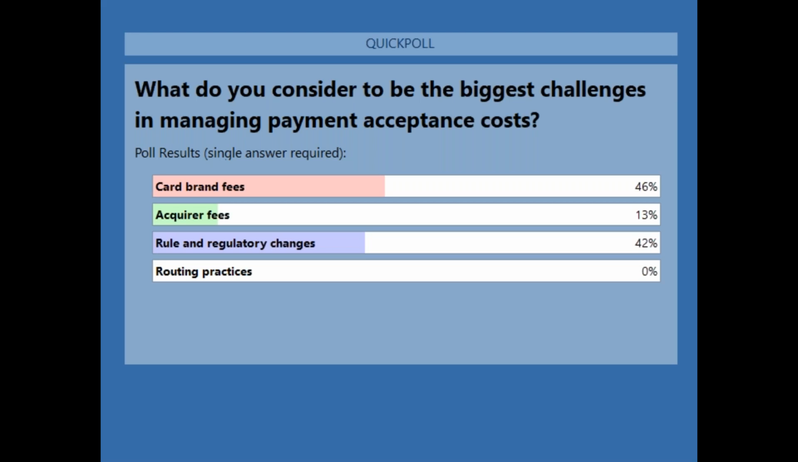Thank you. So it sounds like it's kind of split here between card brand fees and rule and regulatory changes. And I would say that is in line with our experience as well. Probably one of the more straightforward, at least in the US, can be the acquirer fees themselves, but certainly keeping up with the brand fees and the rule and the regulatory changes. The brands do a good job of keeping us on our toes, and April and October was no exception this year as well,